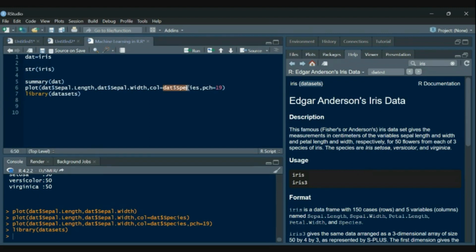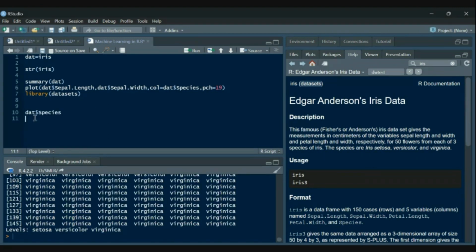First of all, we'll call this DAT species and then corresponding Virginica. Now, we will check which values correspond to Virginica. For this, we use the function DAT species in round brackets, not square brackets, is equal to the name Virginica.